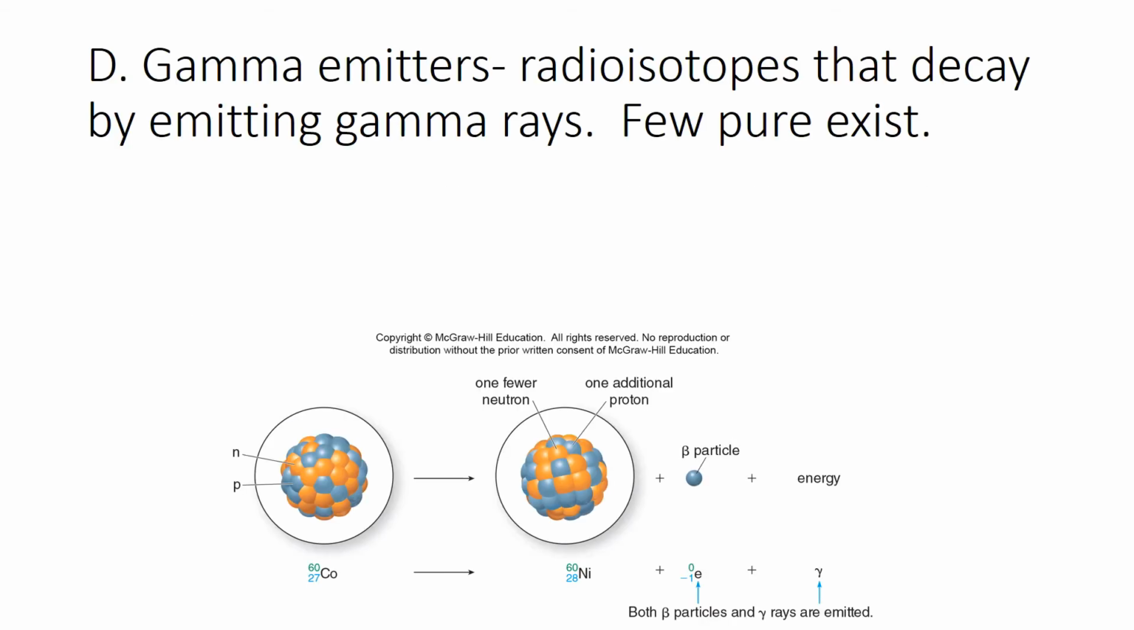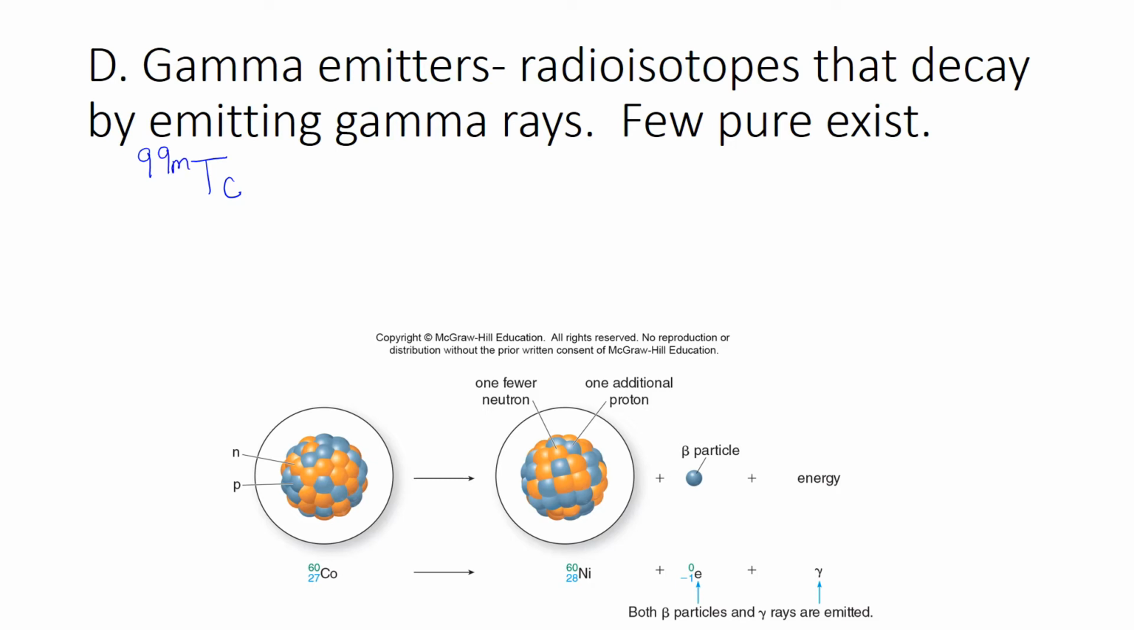All right, the next type of radiation that we're going to talk about are gamma emitters. And when you emit a gamma ray, you have a radioisotope that decays, that emits pure energy. And this really doesn't exist by itself. We're going to talk about what I mean by that in a second, but let's show an example where it would. Our first example here will be